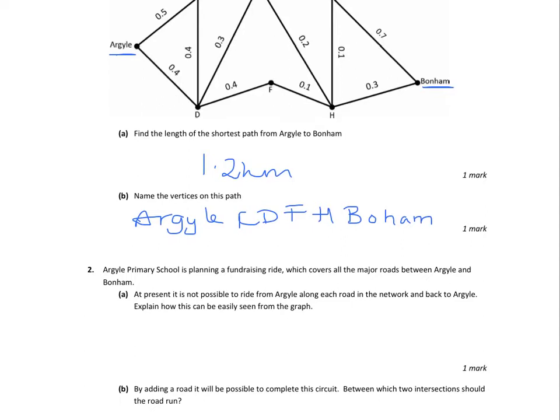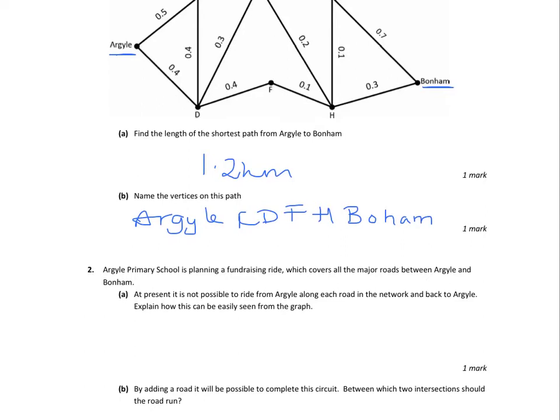So question 2 then asks us, Argyll Primary School is planning a fundraising ride which covers all of the major roads between Argyll and Bonham. At present, it's not possible to ride along all roads from Argyll in the network and back to Argyll. Explain why this can be seen from the graph. So if we want to ride on every road and end up where we started from, that means we're looking